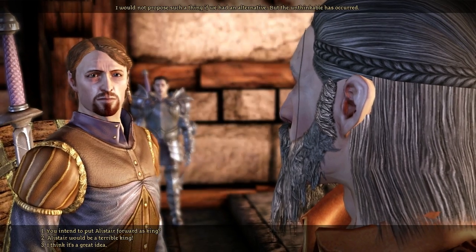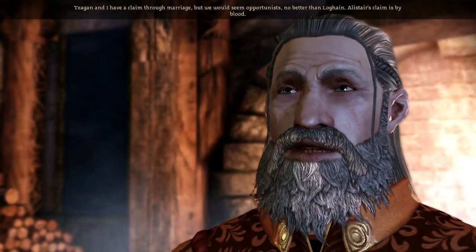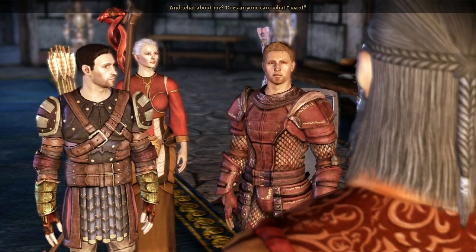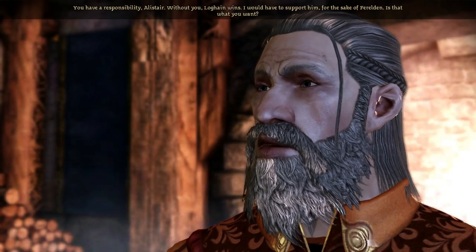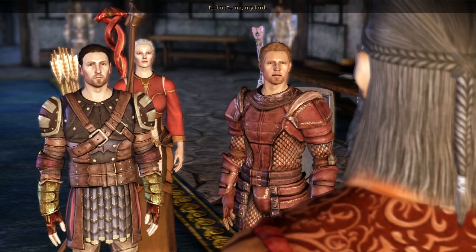Do you intend to put Alistair forward as king? Tegan and I have a claim through marriage, but we would seem opportunists no better than Loghain. Alistair's claim is by blood. And what about me? Does anyone care what I want? I do. You have a responsibility, Alistair. Without you, Loghain wins. I would have to support him for the sake of Ferelden. Is that what you want? But I...